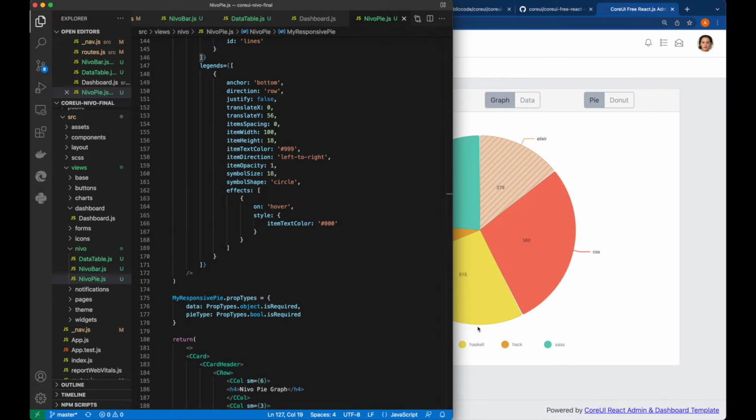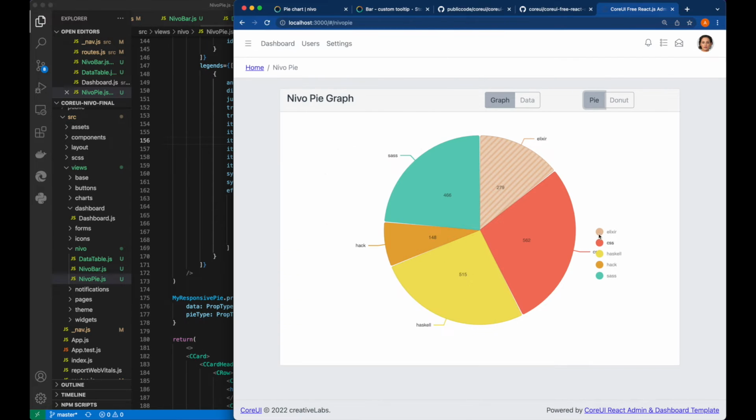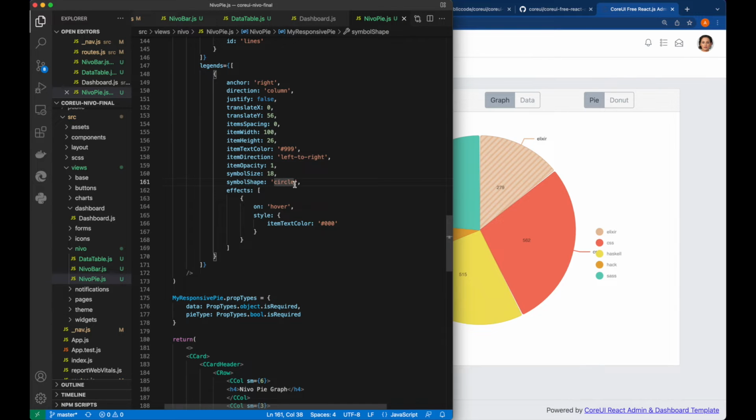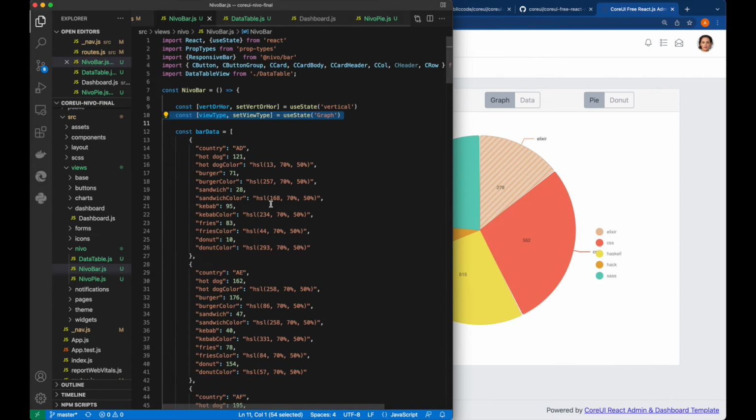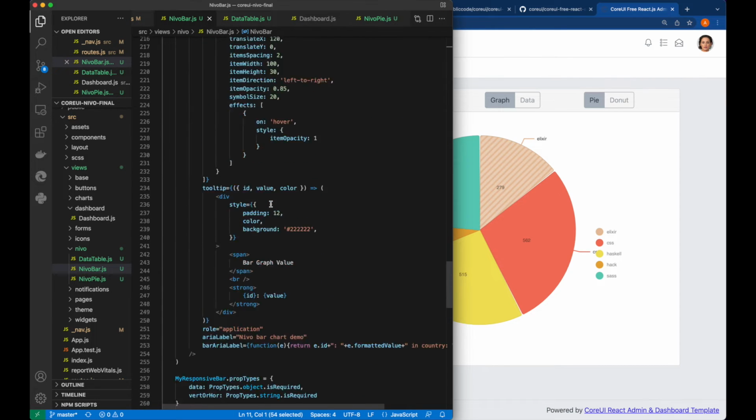legends are at the bottom. If you would want to put legends on the left or right, you can make them right and call them column. So the legend will be there. If you would want to set item height, a little more gap, 26, there will be more gap. So your legends are there. You could change properties, symbol shape, circle, or let's see here, the symbol shape for the legends are